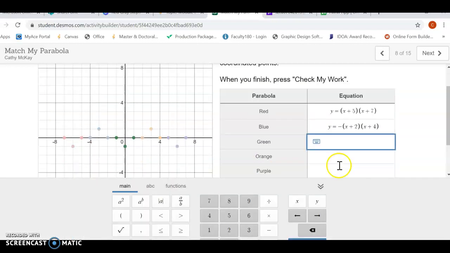All right, so now let's look at my green one. My green one, I have my 2 zeros, one's at 1, one's at -1. It looks like it's going up because that vertex is below, so it's going to go up. So then y equals, and then it's going